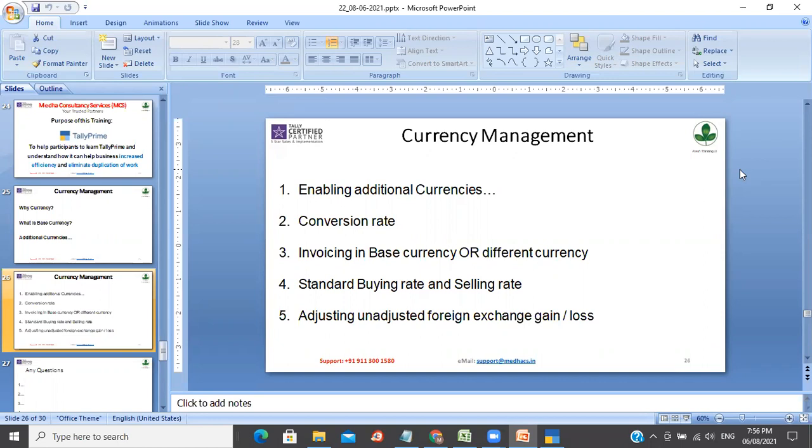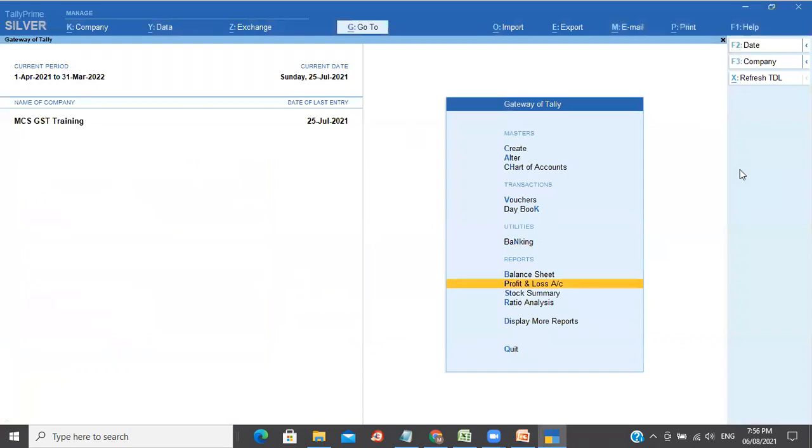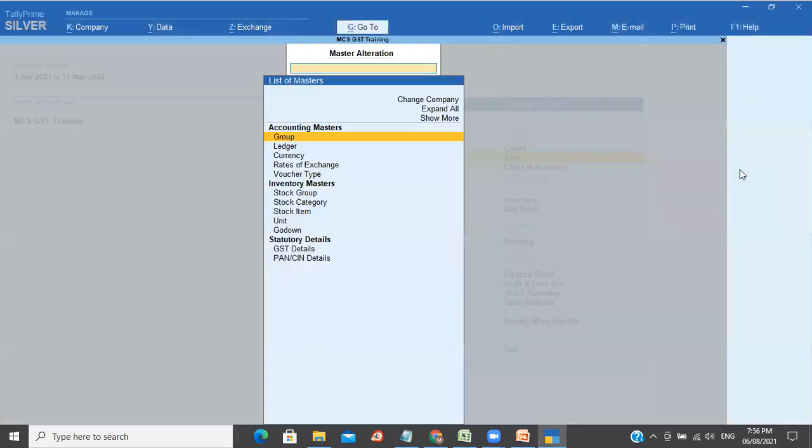Then there is something called standard buying rate and selling rate. So how does this start adjusting is on a daily basis. If you know how the currency market works, every day there is an exchange rate, and for that day that exchange rate will be constant when you are buying or selling. That rate also you could set up in Tally. For example, if you just go to currency alteration,